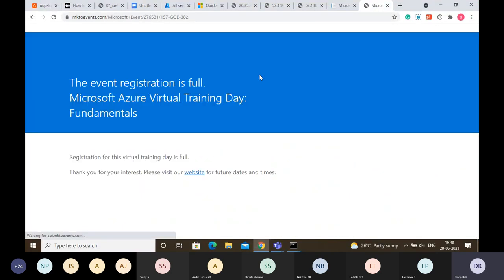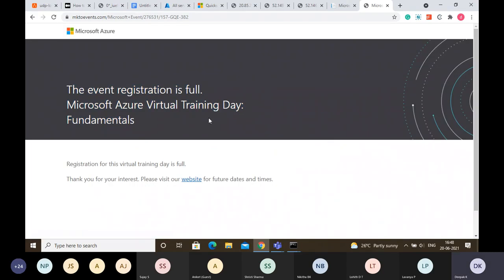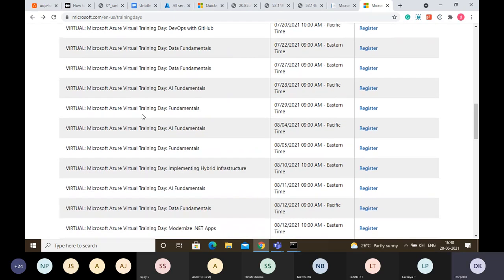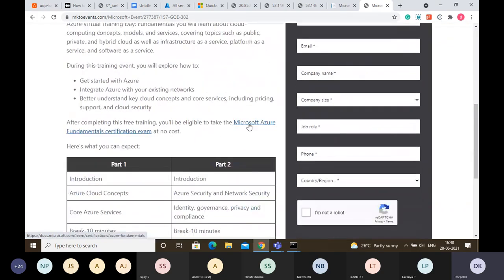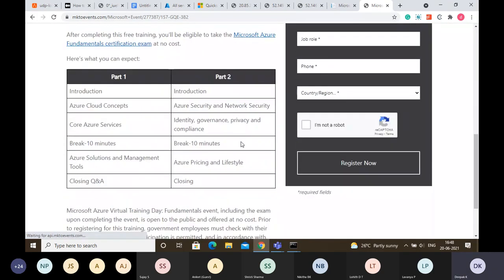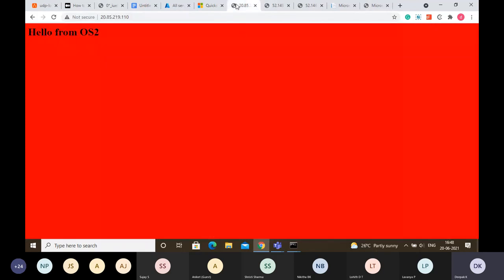And if you want to explore DevOps, GitHub, okay, look, the demand is very high. Even next month has been booked already. You can go and explore. There are lots. Look here again, it's on 29th July, Eastern time. It's available. You can see the voucher is here. You have 2 days, and you have to attend both the days. Coming back,